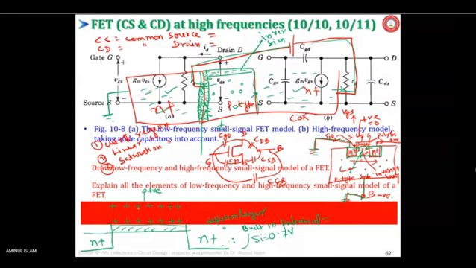Initially, the holes, the positive charges at the red portion, which I am telling is the poly,